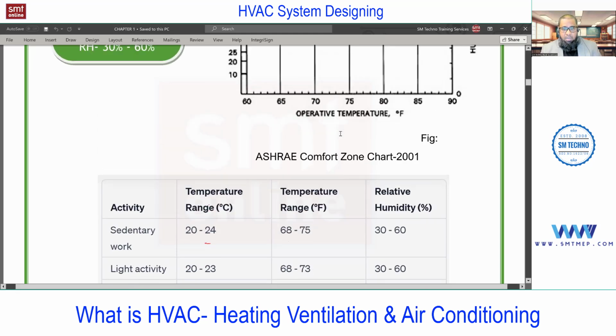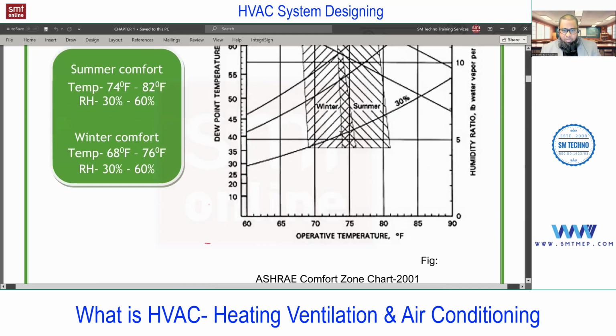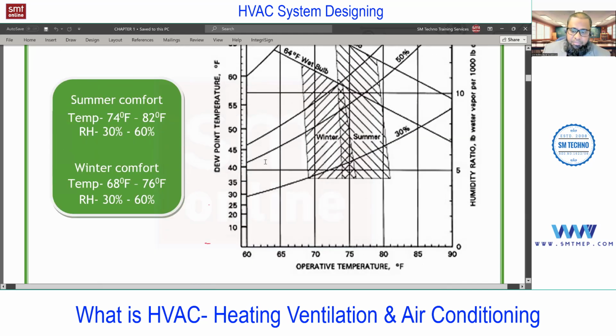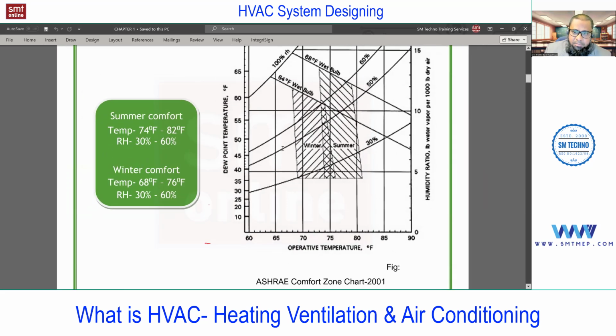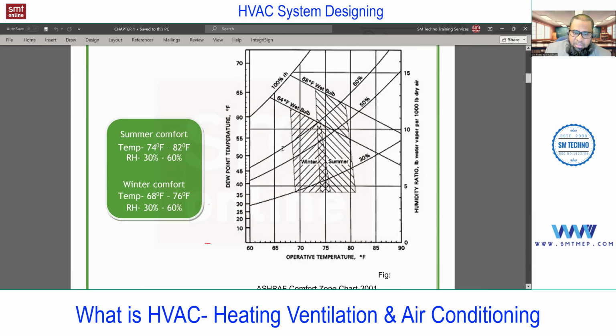Okay. So now you see, in general, for interview point of view, this comfort zone chart, which is taken from the ASHRAE Handbook Fundamentals 2001, you see, just for learning point of view, or even for interview point of view. You see, this is a part of the psychrometric chart. This is a part taken from the psychrometric chart. And in the psychrometric chart, you'll find RH line, temperature line, and the dew point temperature, etc. Again, still, if the psychrometric chart is new for you, don't worry. We have a topic in chapter 4. Now, just try to understand the concept.